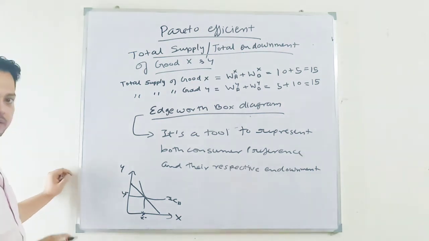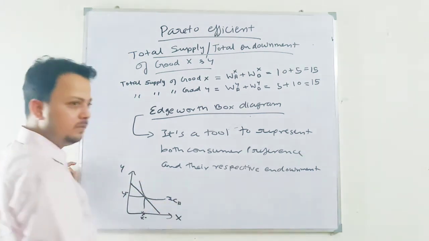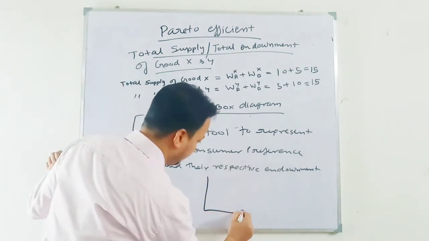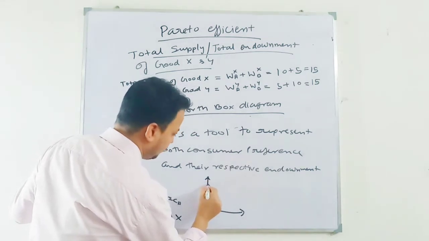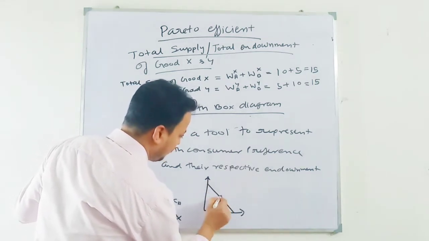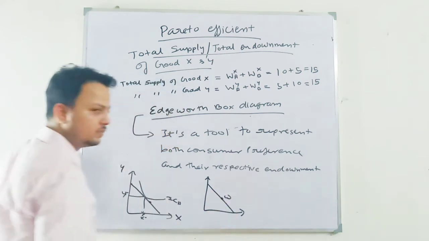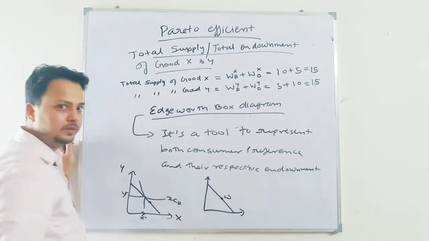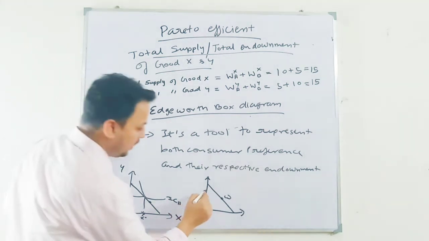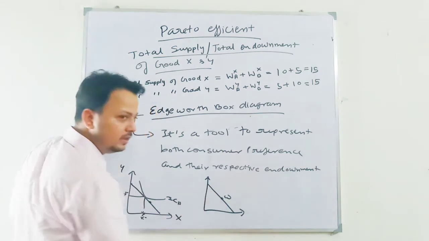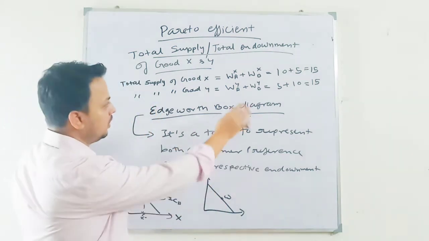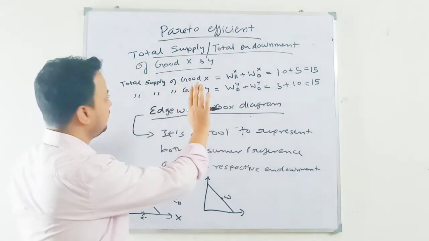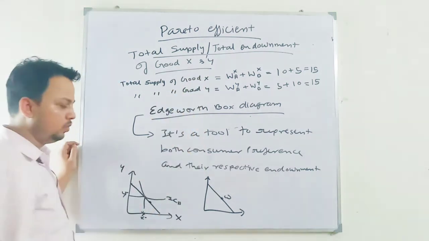Now what we have done is give an endowment to our consumers A and B. Suppose consumer A's endowment is here. Your budget line will always pass through the endowment, whatever the price you take. The slope of this budget line depends on the preference for goods X and Y. We are not going into that now; when we cover general equilibrium in detail, we will do it.